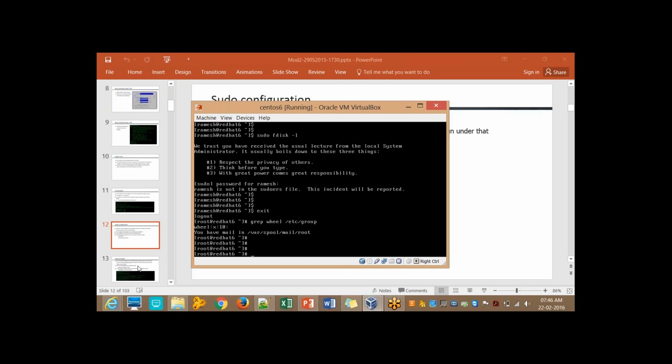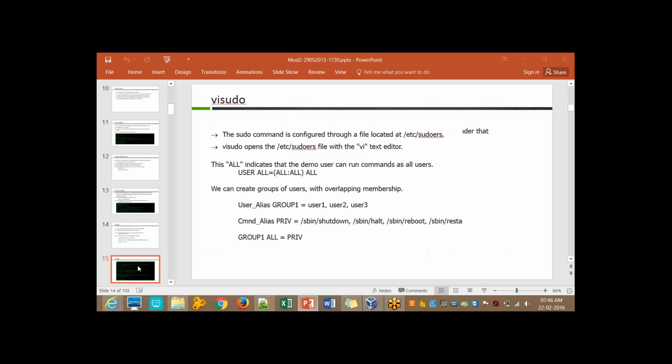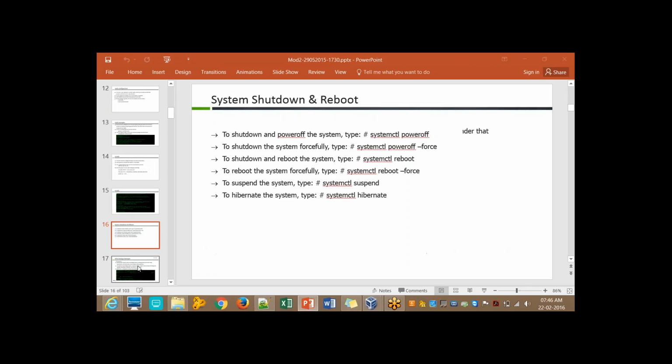Okay, so this is all about sudo access. Well, some more commands on the screen which are specific to CentOS 7 or Red Hat 7. So far I have only mentioned init 6 to restart your services. But